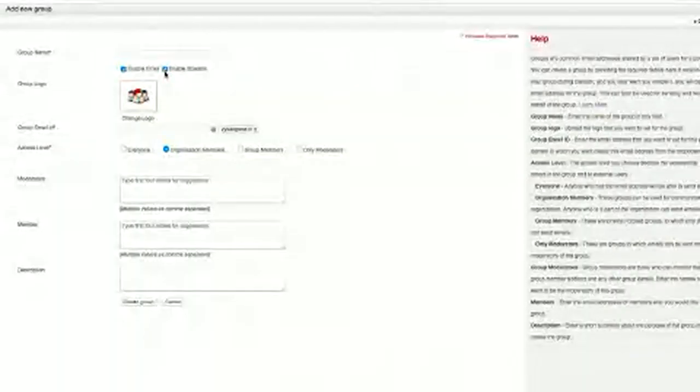And in case you think that a streams group might be very beneficial for a group that you are creating, go ahead and click on the enable streams option that is right next to the enable email option. When you do that, all the members of this group will also have a dedicated stream space where they can communicate and collaborate. You can also use it when you have a sysadmin group. Enter some basic details and hit create group.